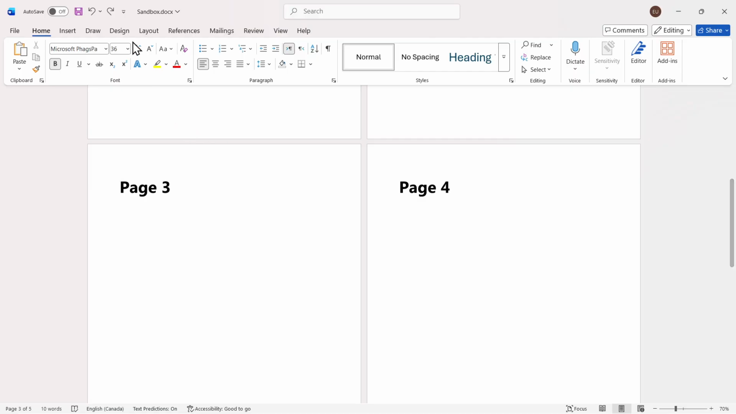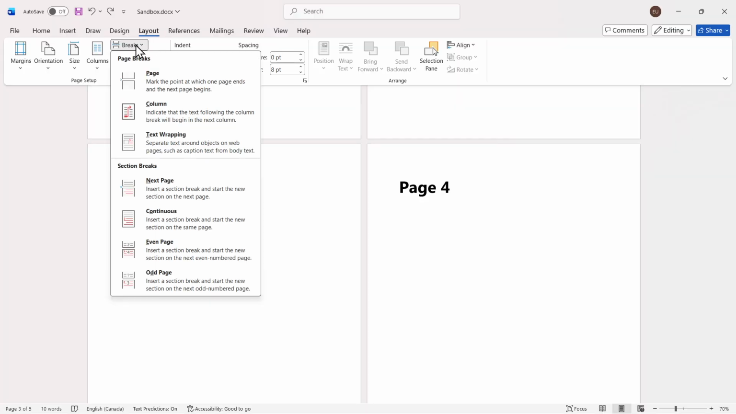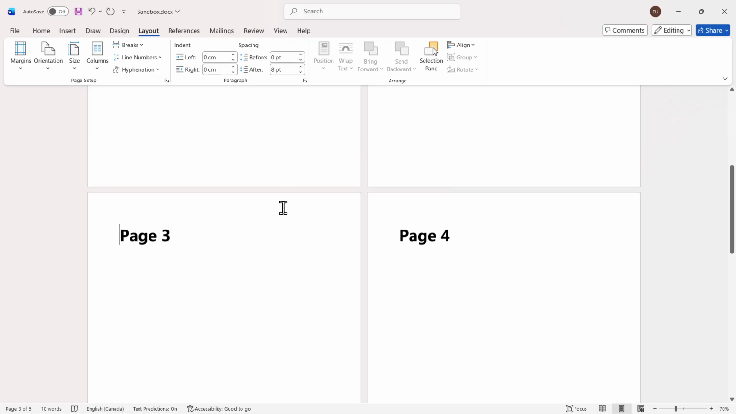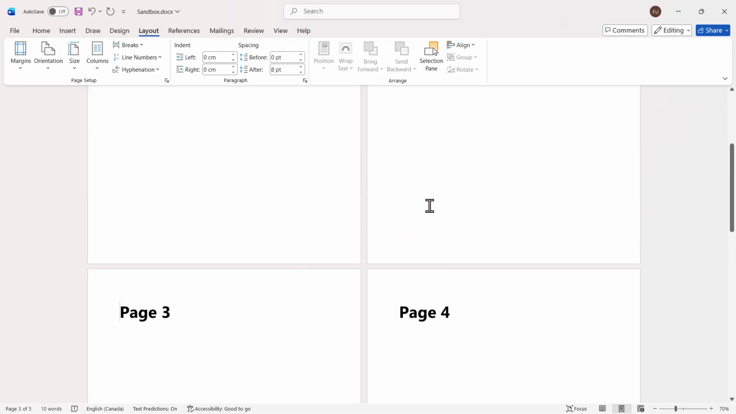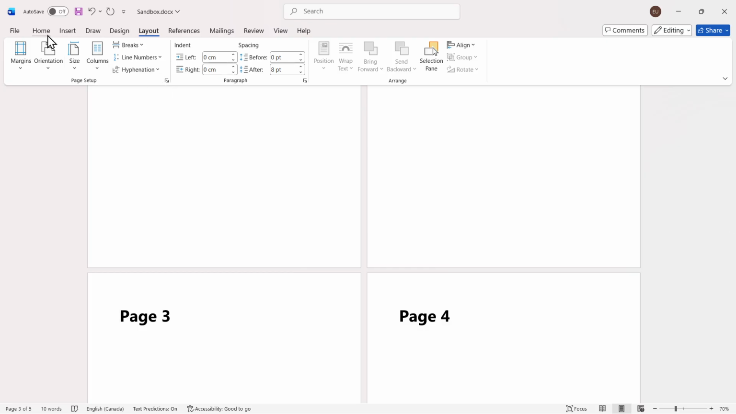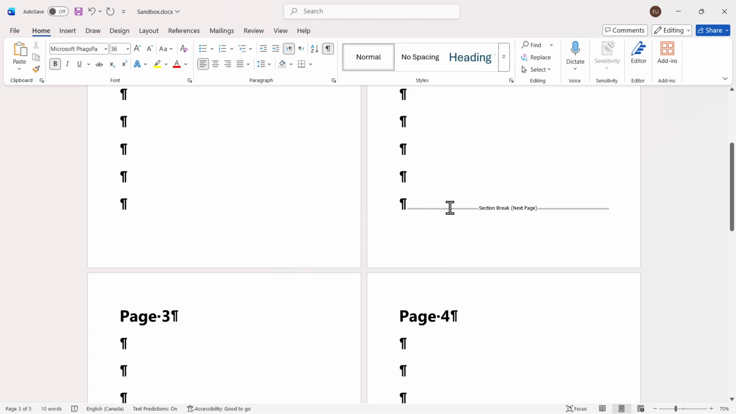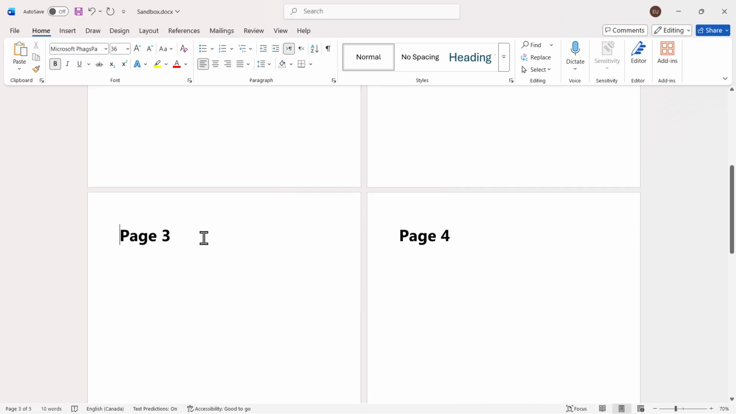and then go to the Layout tab, Breaks, Next Page, and now you want to just check that you made this correctly. There should be a break in this previous page, so go to Home, enable this, and then you'll see Section Break Next Page. You can disable it now, and now just keep your cursor here, and then go to